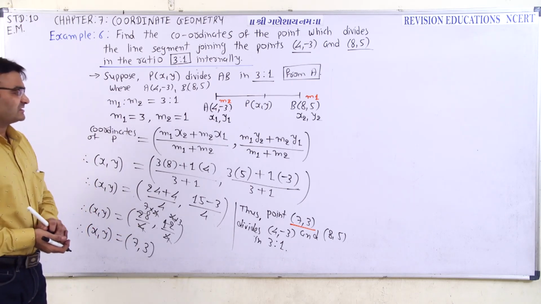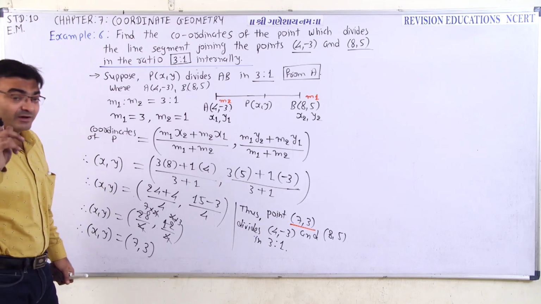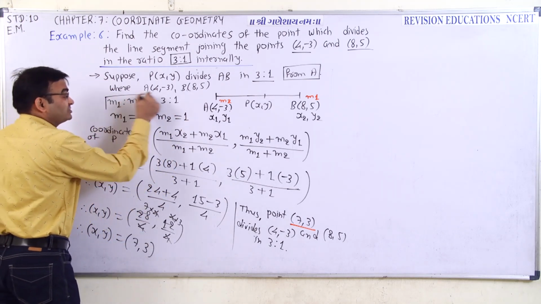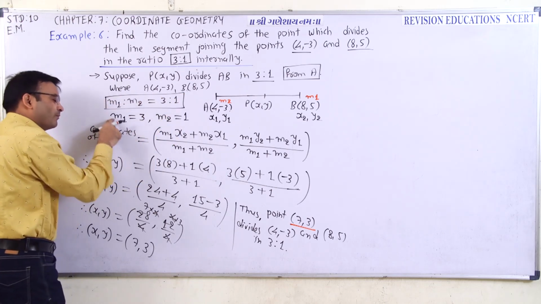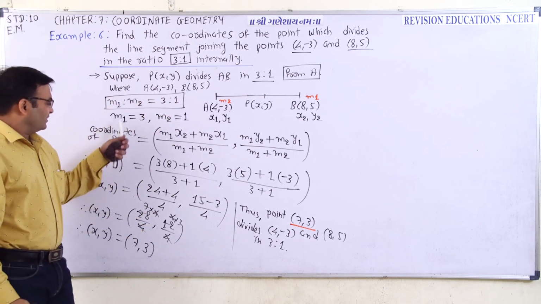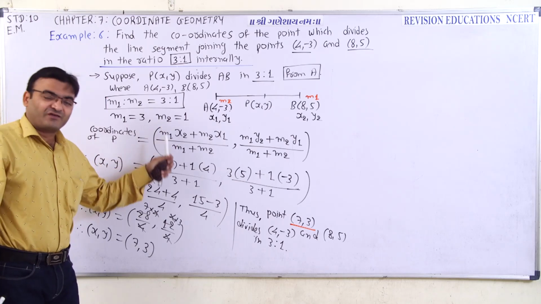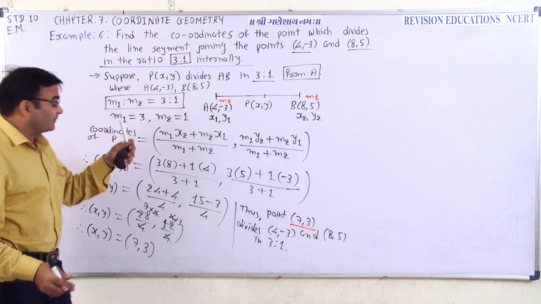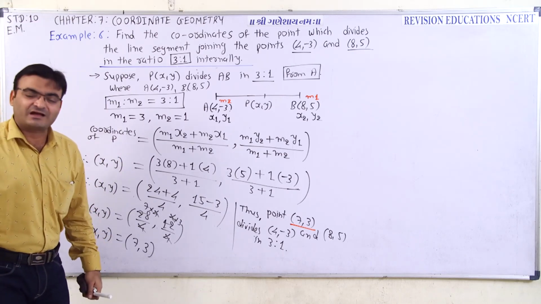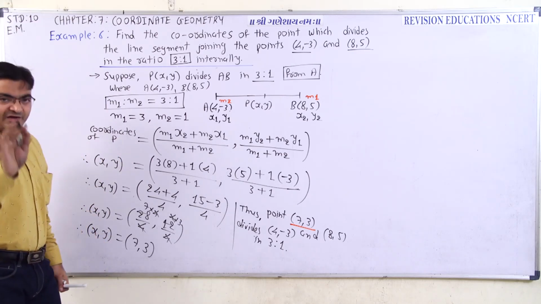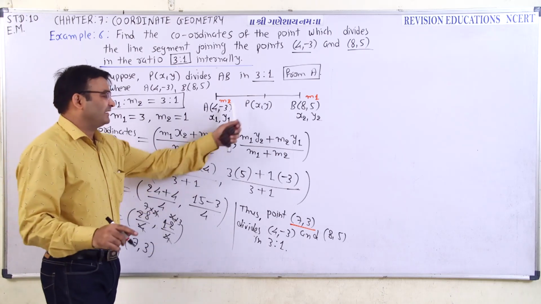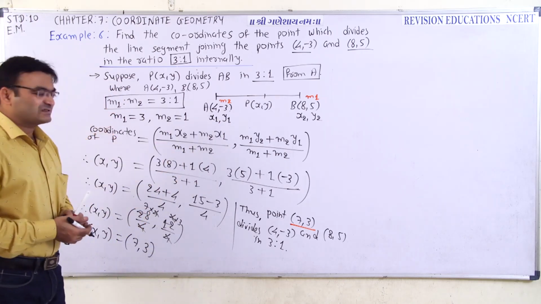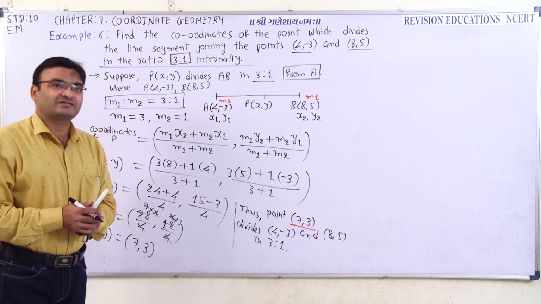We have to solve this sum in this way, and also remember always whenever any kind of sum where the ratio is given, you must use m1 is to m2. You can find it very easily. जब आपको रेशियो फाइंड करना है तभी आपको k:1 वाला फॉर्मूला यूज करना है. Whenever you have to find the ratio, at that time you can use k:1. So this is the answer. It's very simple. Thank you, friends.